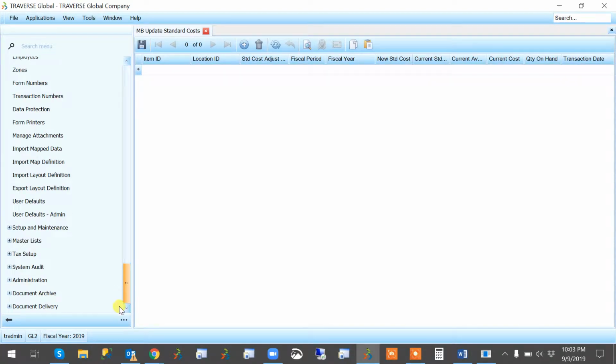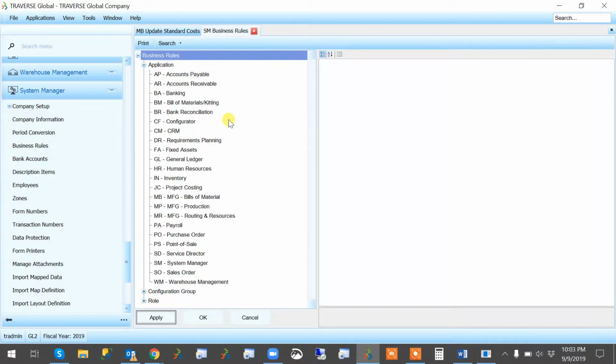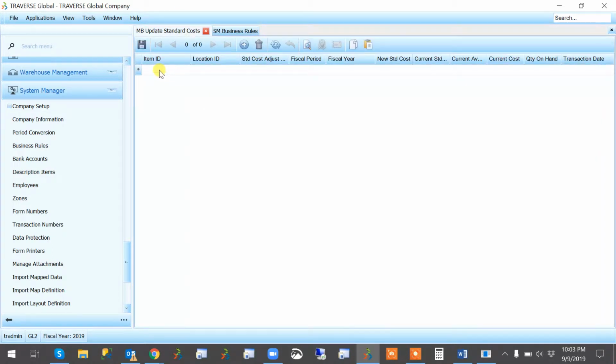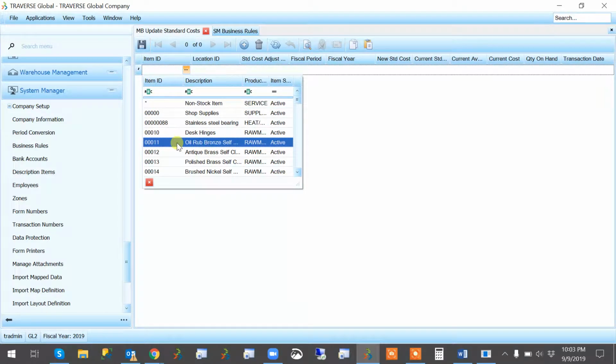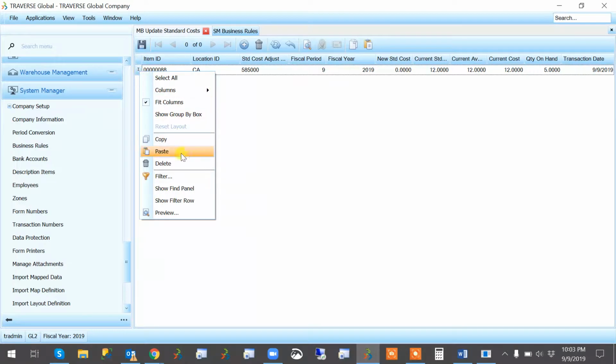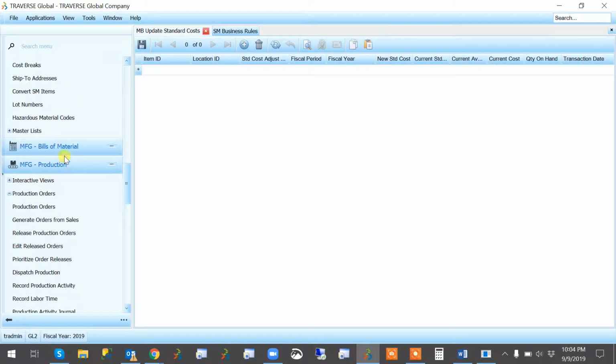At standard cost adjustments and where these accounts come from, we'll point out I did set these accounts a little bit different. So here I've got this 5850 is my standard cost adjustments account. So if I put in a standard cost adjustment, it's going to use that 5850. And this is going to be to adjust inventory's value. If I roll up standard cost,